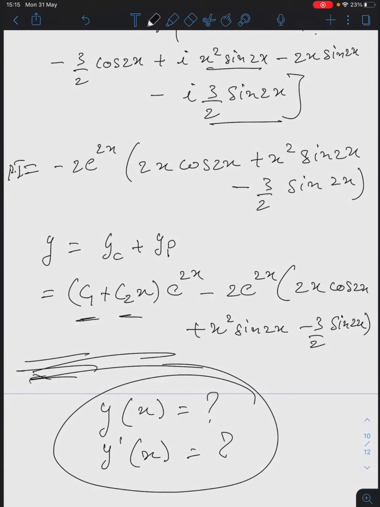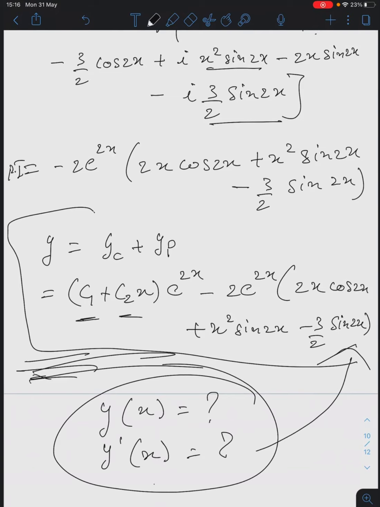So in this result, you have to use the condition. You will substitute x value for y on the right hand side. You will get something in terms of C1, C2 and LHS some value you will have. Similarly, differentiate it once and then substitute some x value and the value of y dash. Two equations, two unknowns. Unknowns are C1 and C2. Solve them and again substitute the result in this equation itself in place of C1 and C2, whatever values you are getting. That is the procedure. Don't use complementary function as the solution to find the constant values based on the given condition. That would be wrong. Okay?